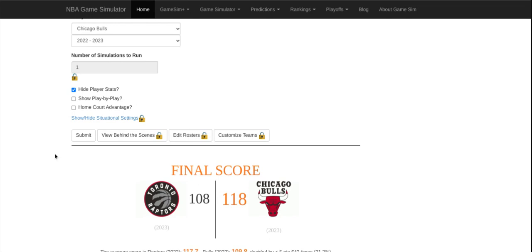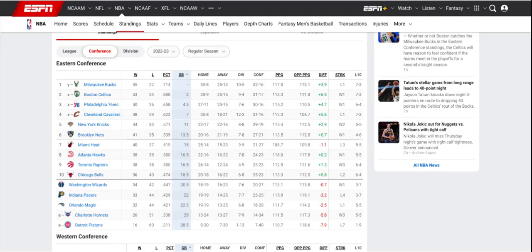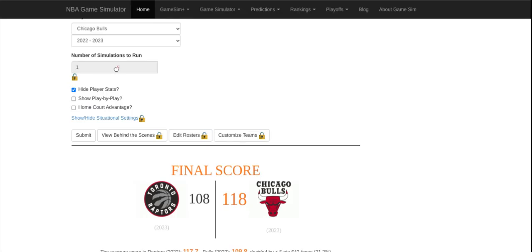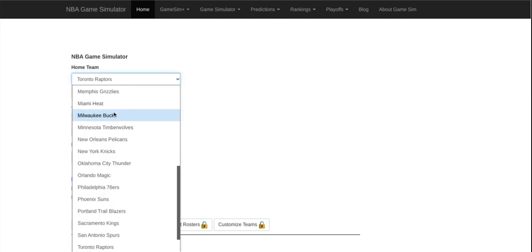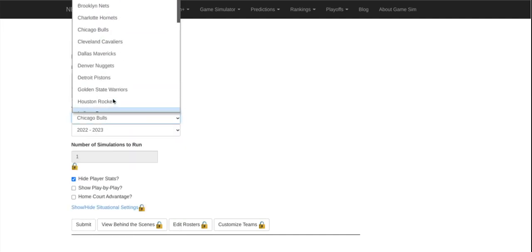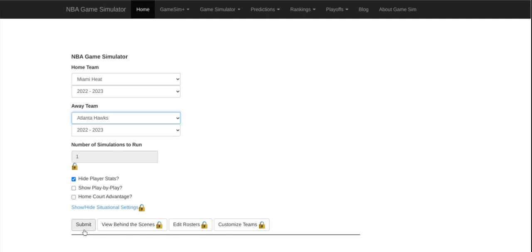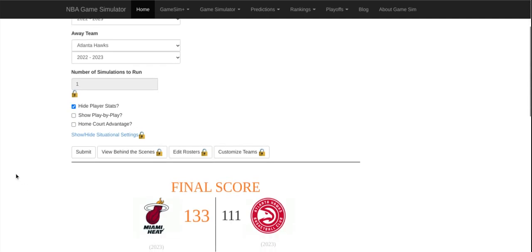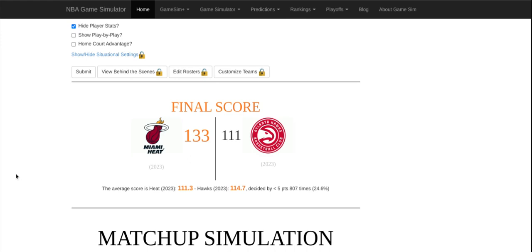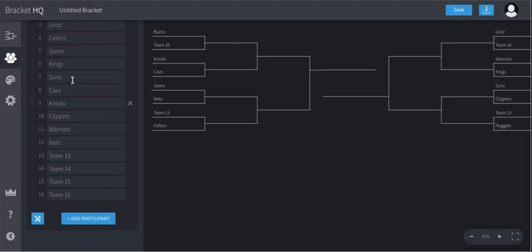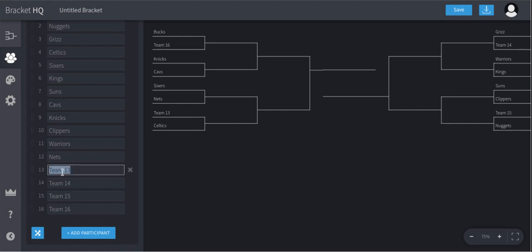Have a good one. The Bulls will move on to play the loser of the Miami Heat versus the Atlanta Hawks. The Miami Heat, the Atlanta Hawks, my hometown team, although I am a Warriors fan. Alrighty, let us see here. The Hawks will face the Bulls as the Heat take the 7 seed and will play against the Celtics